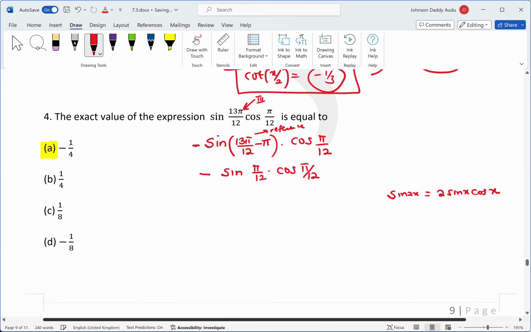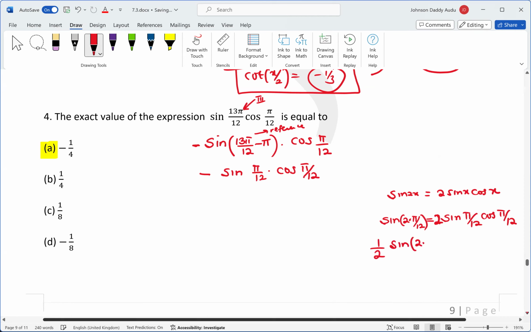Since I have pi over 12, I have sine pi over 12 cosine pi over 12, right? Ordinarily, if I have sine of 2 times pi over 12, it is supposed to be this much. So I'm just trying to create what we have. We need to multiply by minus. But here there's supposed to be a 2. So if I divide both sides by 2, we'll have 1/2